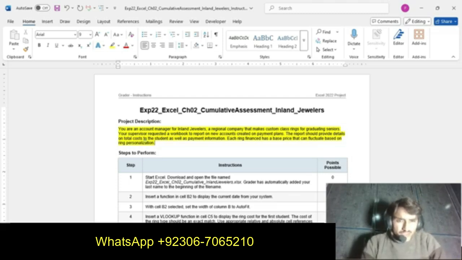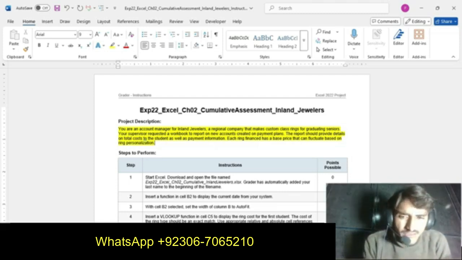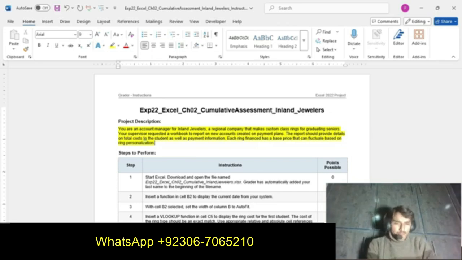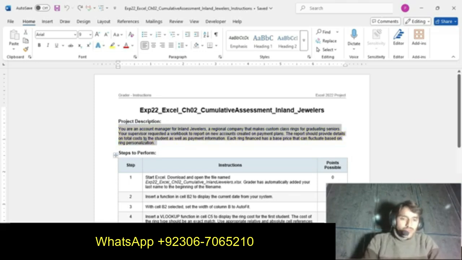Each ring financed has a base price that can fluctuate based on ring personalization. So we get the idea of what we do in this assignment. Now we start our project.